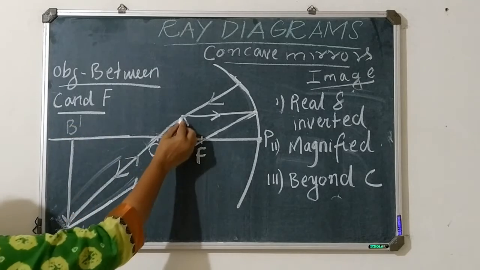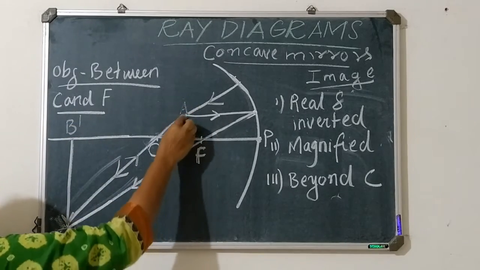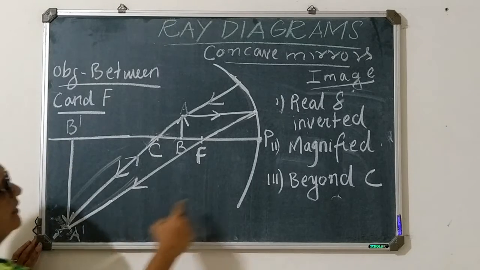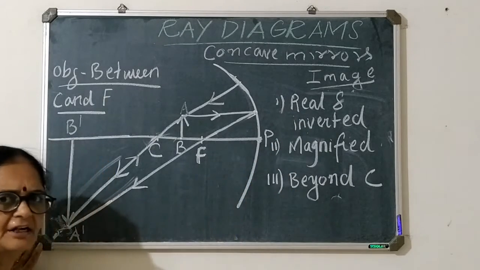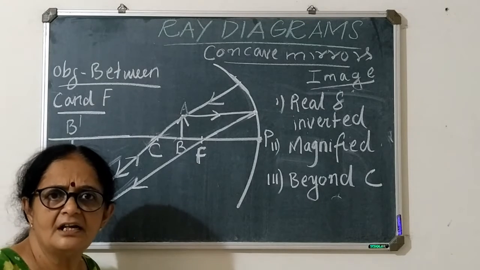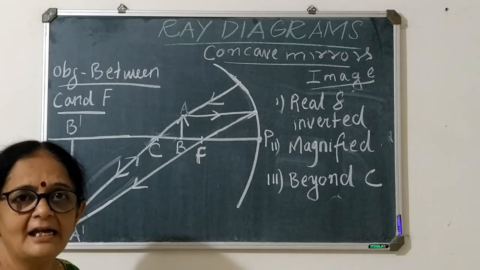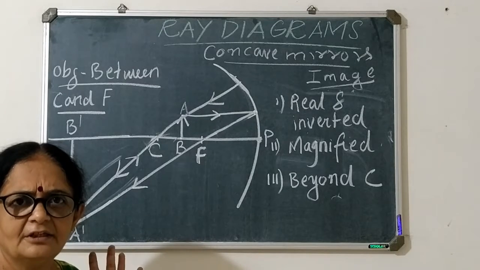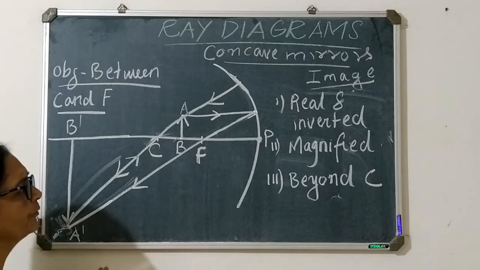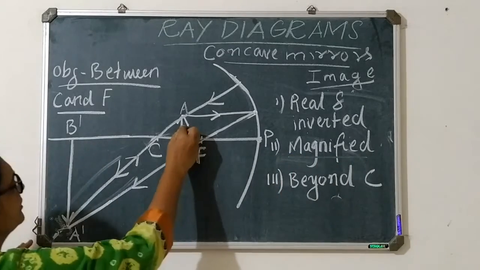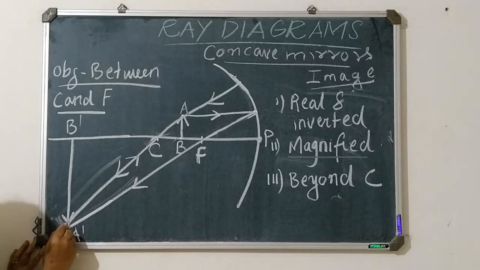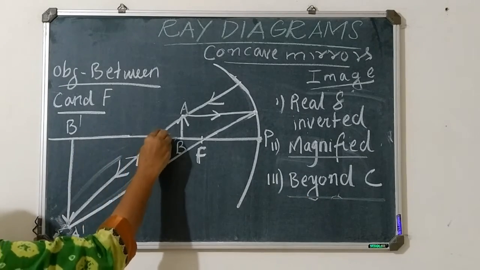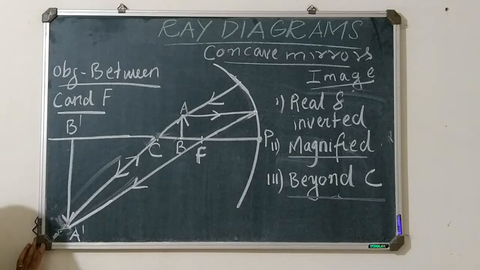You can see this object is straight, this is the object AB, A dash, B dash is the image, inverted and real. And you should know that if the image is real, it has to be inverted by law. Okay, so you have to know real image હોય એટલે inverted જ હોય. Inverted એટલે ઊંધું. It is magnified. Object કરતા image ની size મોટી છે and the image is formed beyond C. C છે એની પાછળ image form થાય છે.